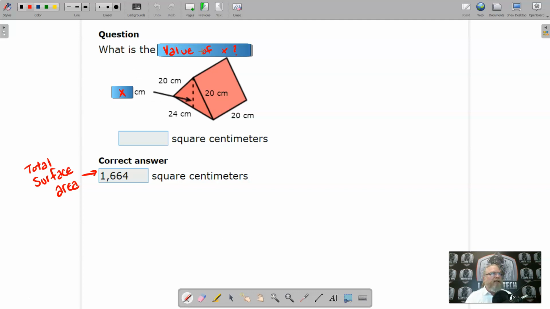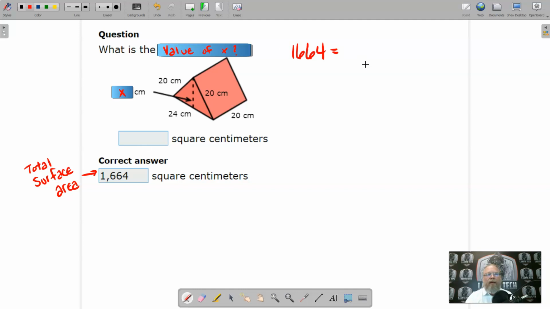So in this case, they want to know what's the value of x, and I wrote this up as the height, right? And here, let's say they give us the surface area. I went ahead and put the correct answer for this one was 1664. You might recognize this as the problem that we did earlier where the answer was 1664. It's the only triangular prism question that I encountered whenever I did the activity. So let's go ahead and go with the surface area of